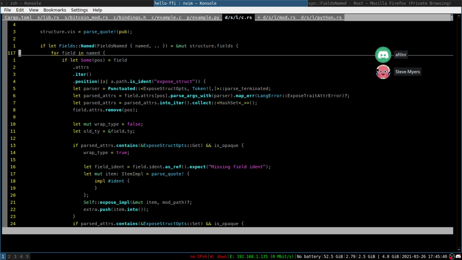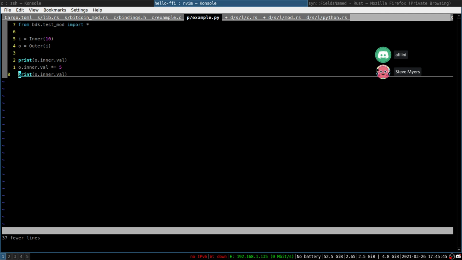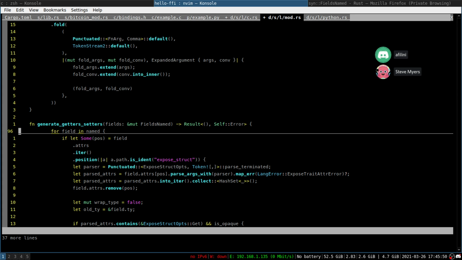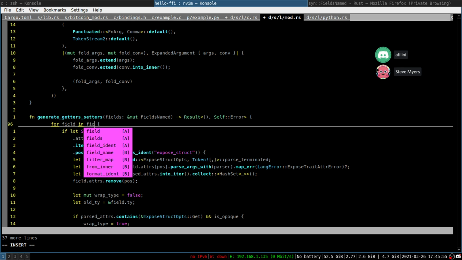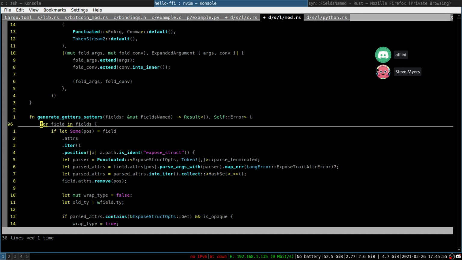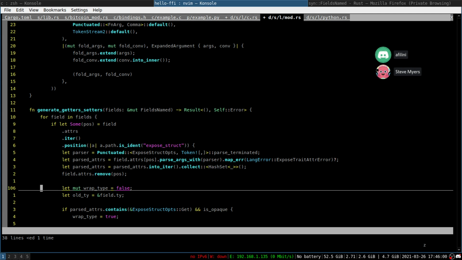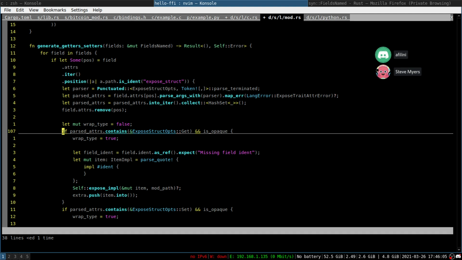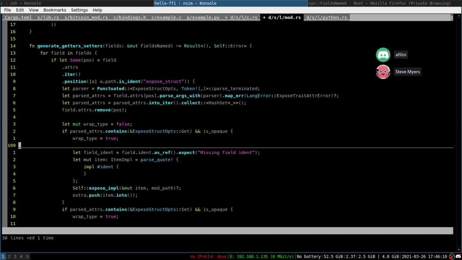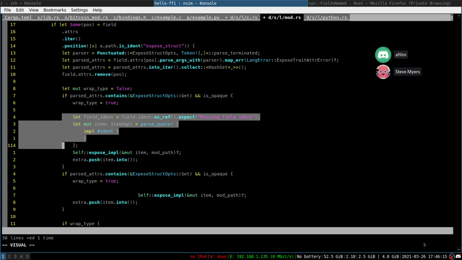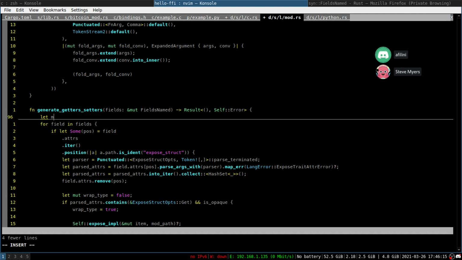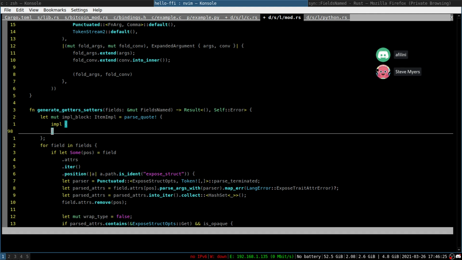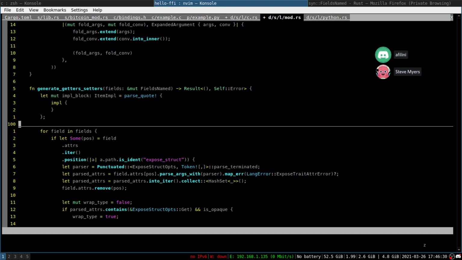I can basically copy this code from here. So this is the empty block that I'm going to pass to every